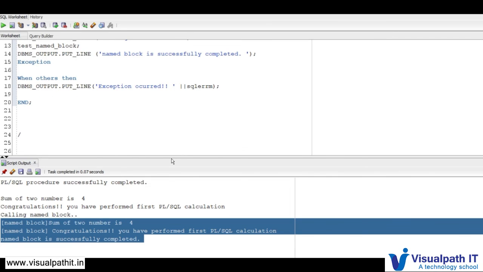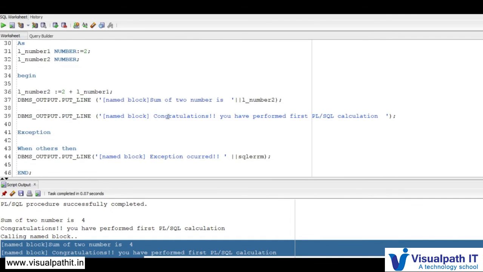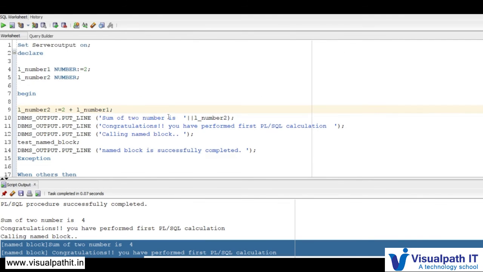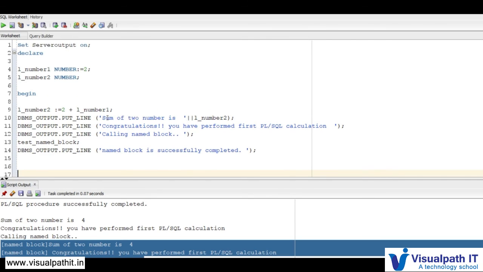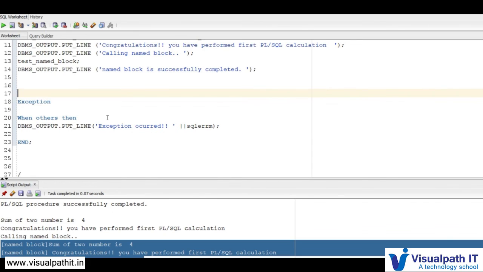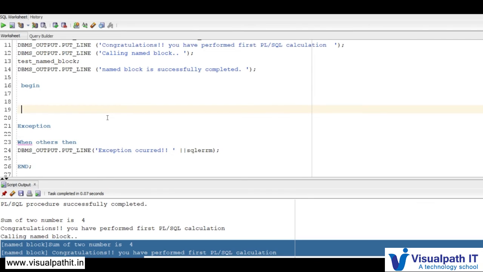So this is the named block we have done, and there is another which is called a nested block. What we can do is, in the exception block of the same anonymous block from the previous example, we can again write one nested block.